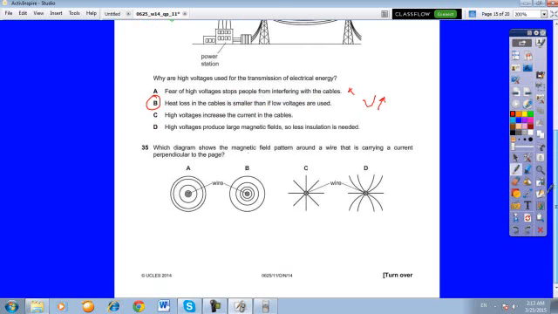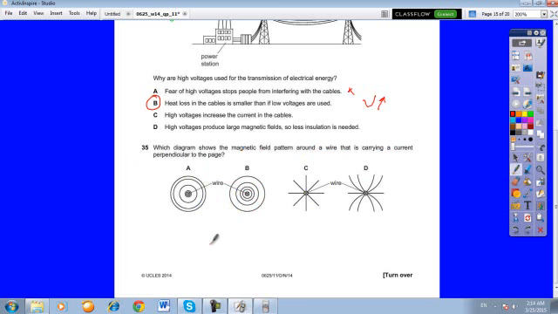35. Which diagram shows the magnetic field pattern around a wire that is carrying a current perpendicular to the page? When the current is perpendicular to the page, this means that the magnetic field is circulating around it. So it's either A or B. But